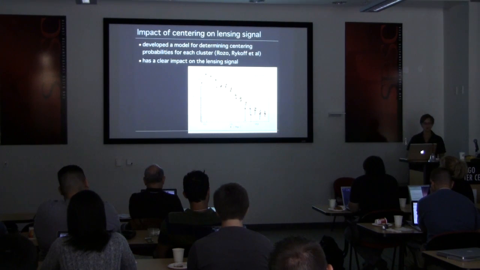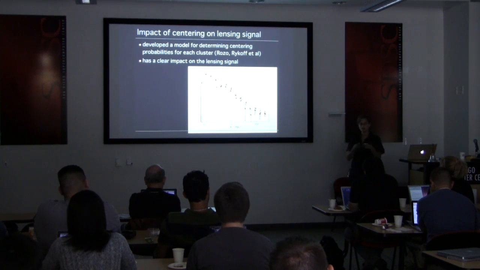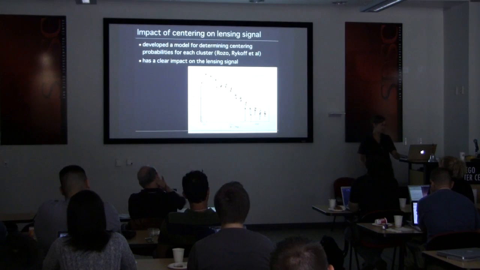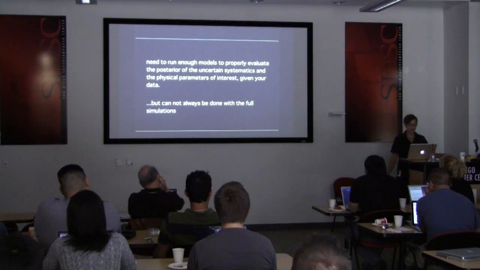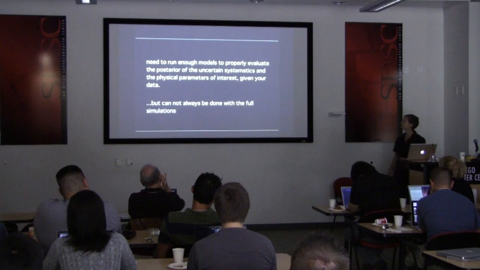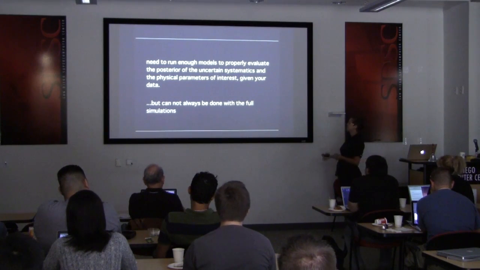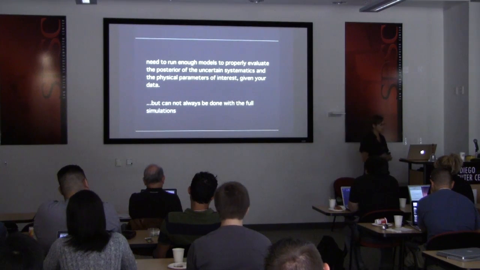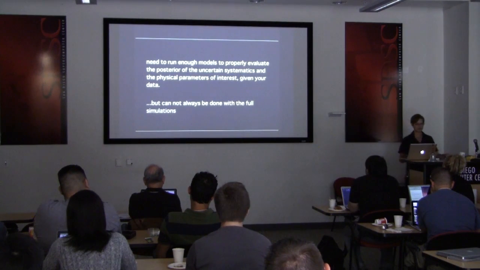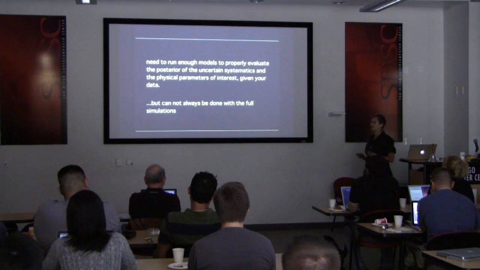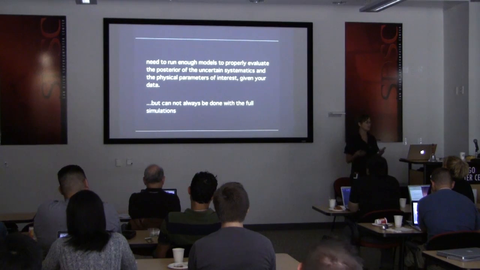set of parameters. But what you'd like to be able to do is understand how the uncertainties in, for example, your galaxy population propagate to these key systematic errors. And so it's a very challenging thing to do. You need to run enough models to properly evaluate the posterior of your uncertain systematics and the physical parameters of interest given your data. And that's a great goal, but it cannot always be done with this kind of full